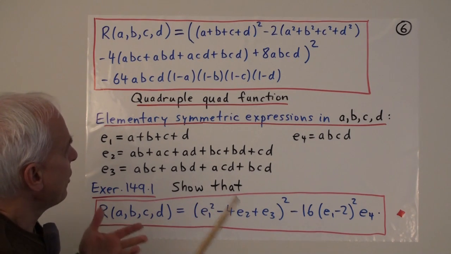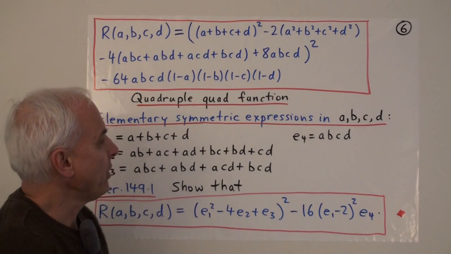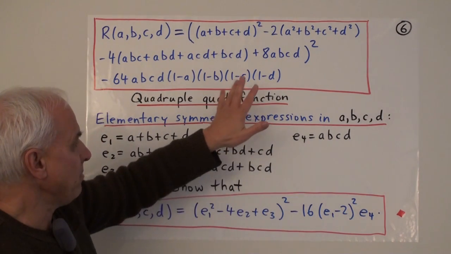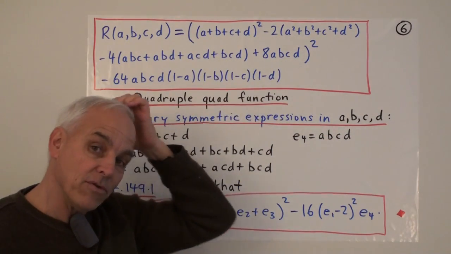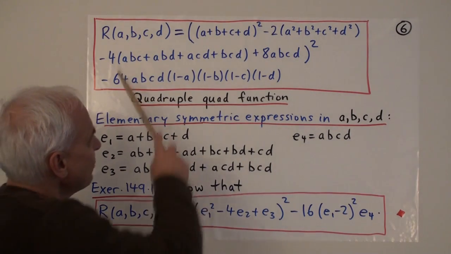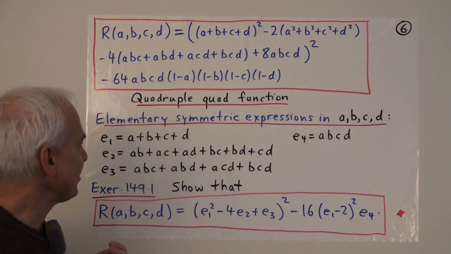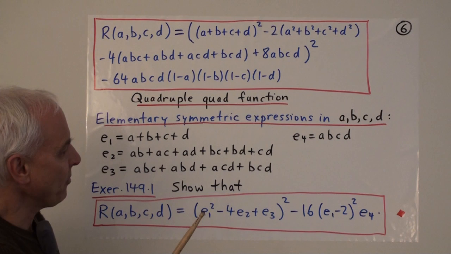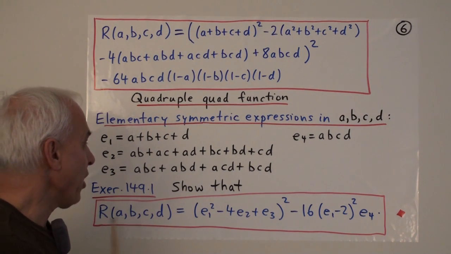Okay, there was some kind of higher dimensional extension of the affine quadruple quad formula, which it reverts to if A, B, C, and D are small. We could ignore terms with higher degree. Now, when we get to more complicated formulas like this, it's very useful for us to employ some notation that comes from the theory of polynomials, and symmetric polynomials. This is something that we are going to be talking about.